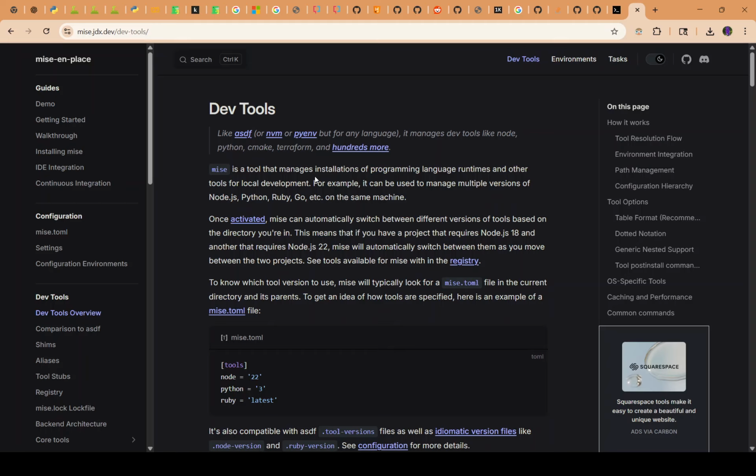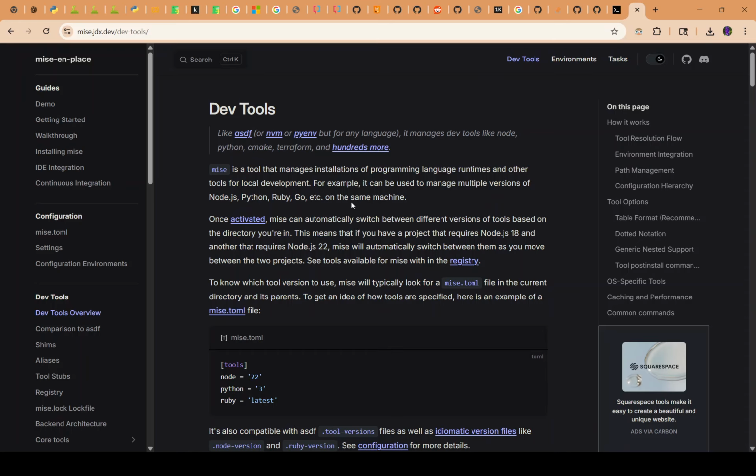There are hundreds and thousands of such tools, but each of them has strengths and weaknesses. So mise is basically born out of that frustration, like people were using asdf before, and these tools did a decent job, and the best part is it's written in Rust, so it's blazing